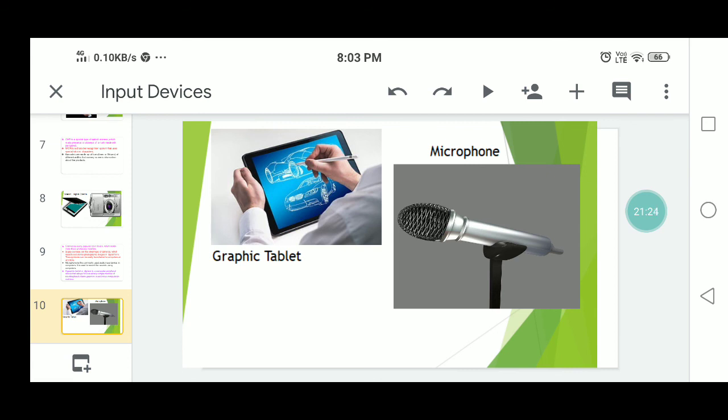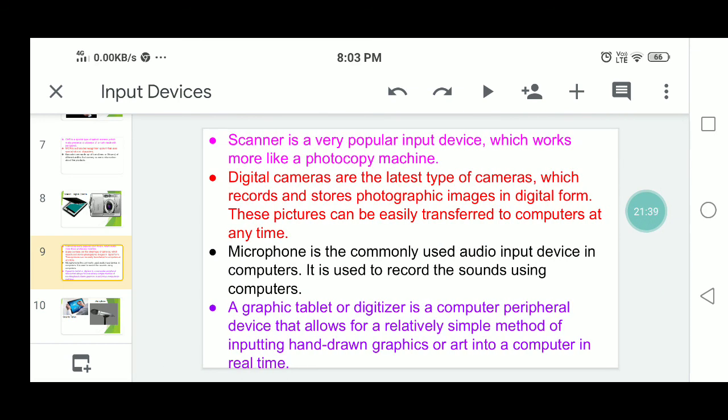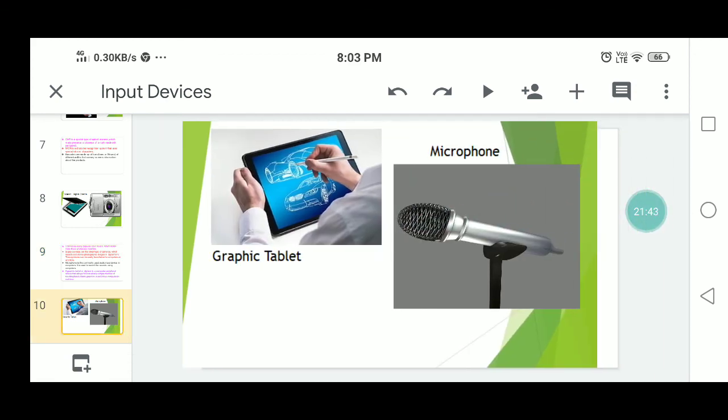Graphic designers mainly use graphic tablets to create and edit line art pictures. It can convert analog information into digital form. This is the information about the graphic tablet.